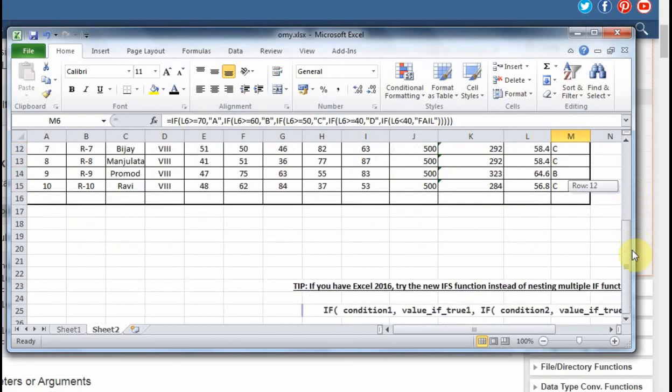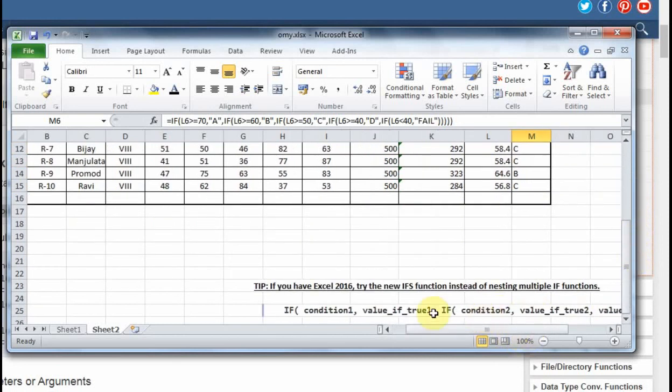So there are two things here. Initially I created one video using IFS. In case of IFS, you can use that one without using nested if else, if you have Excel 2016.